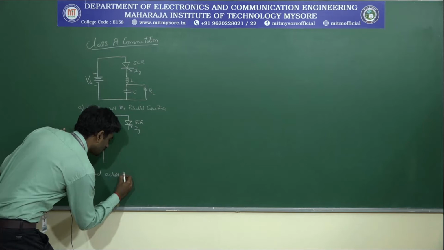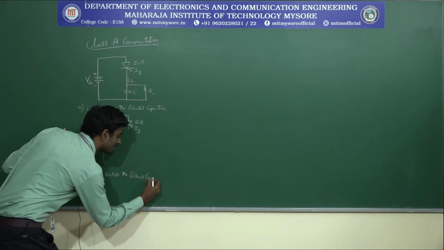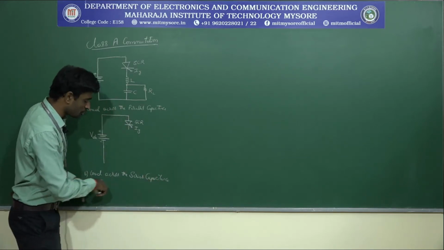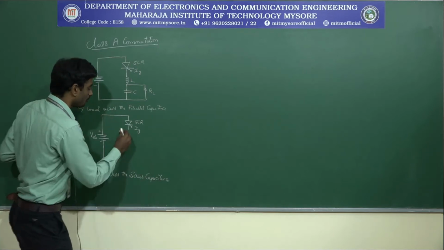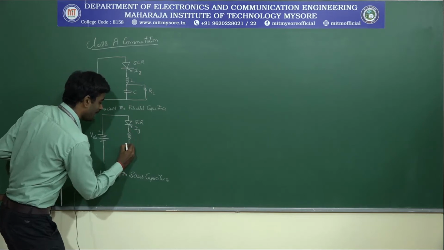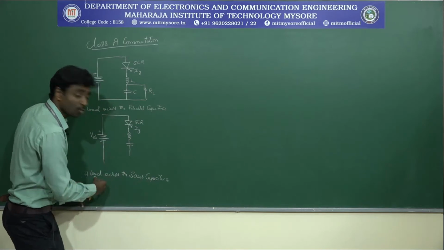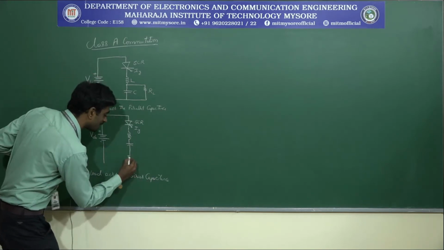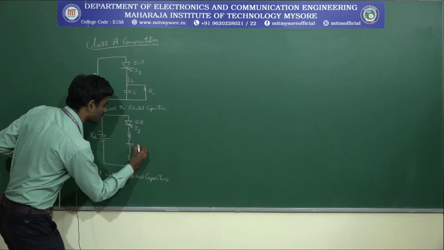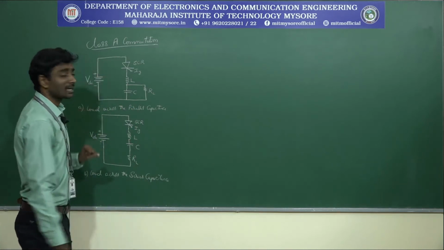If you consider the second one, the load should be across the series of capacitance. See, in this case, the RL should be in series with respect to the capacitance. For this circuit, I will go with respect to this condition by saying the first will be the inductance, and after the inductance I will be going with respect to capacitance, where for this capacitance your load resistance should be connected in series. So I will consider this as an RL, this will be my capacitance, and this will be my inductance. These are the two circuits for my class A commutation.